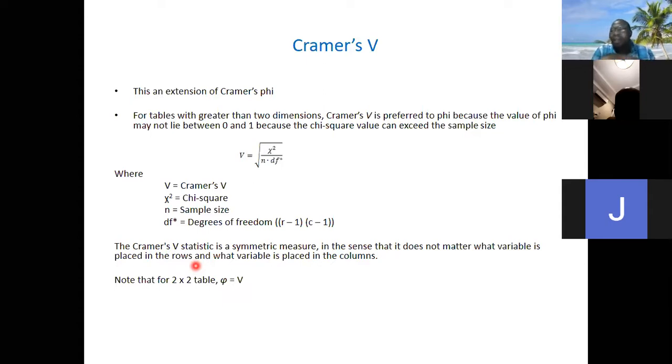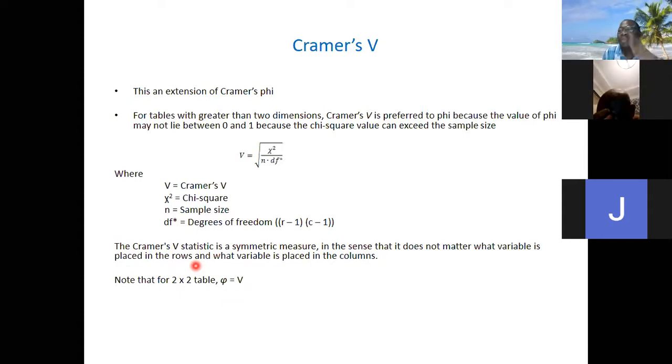No, we said Cramer's phi is for a 2 by 2 table. In situations where you have more than a 2 by 2 contingency table, Cramer's V is preferred to phi, because the value of phi may not lie between 0 and 1. It can go above 1. Normally it still lies between 0 and 1. But if the contingency table is more than 2 by 2, with that formula,